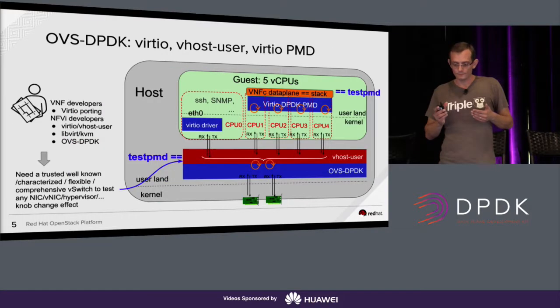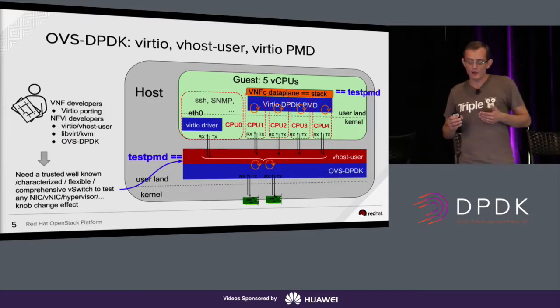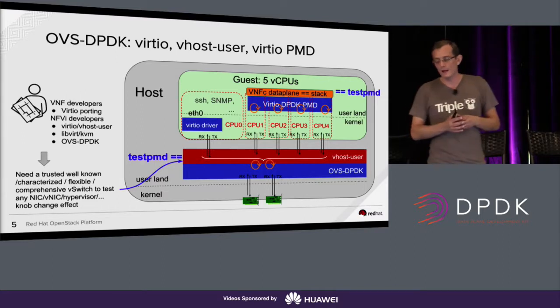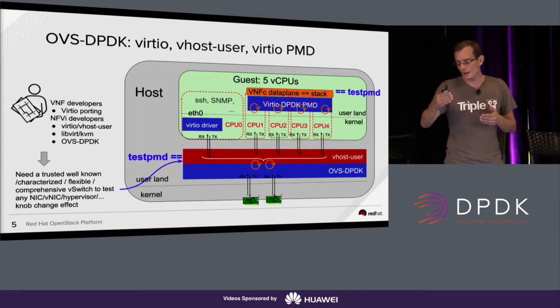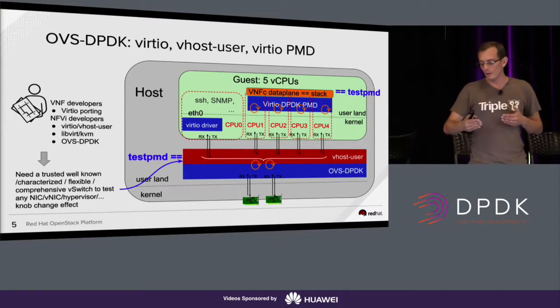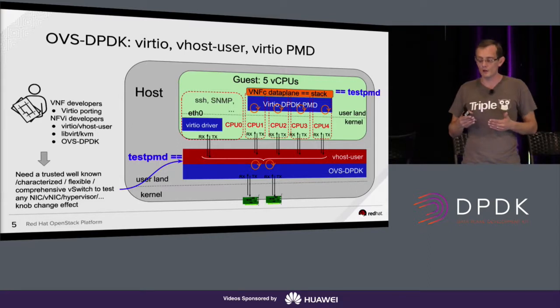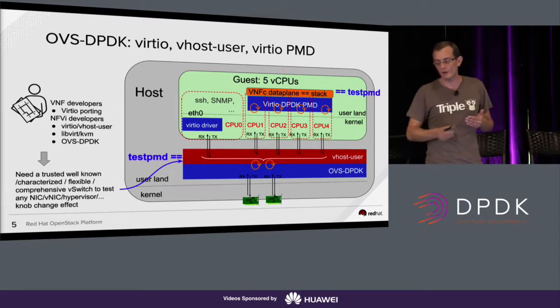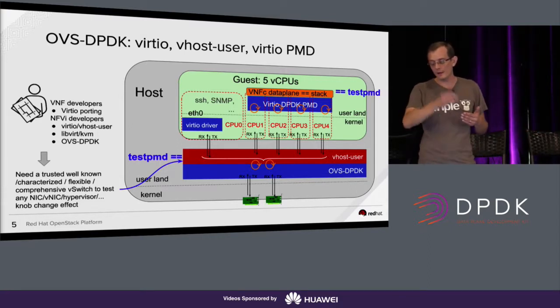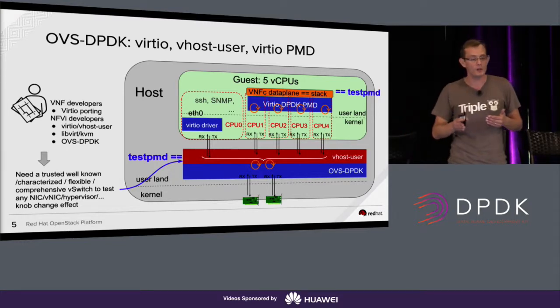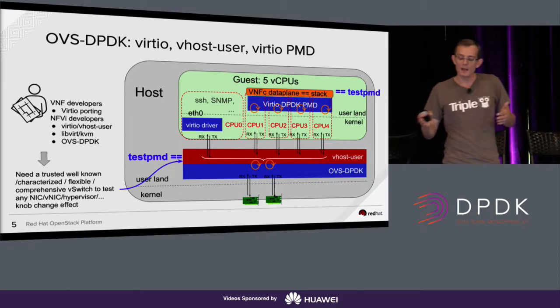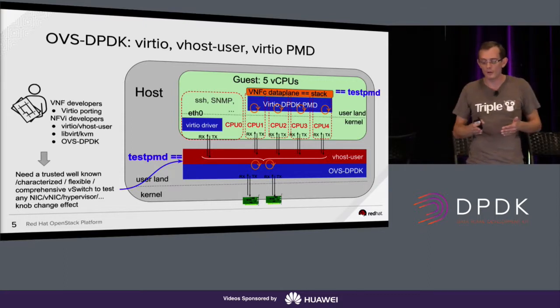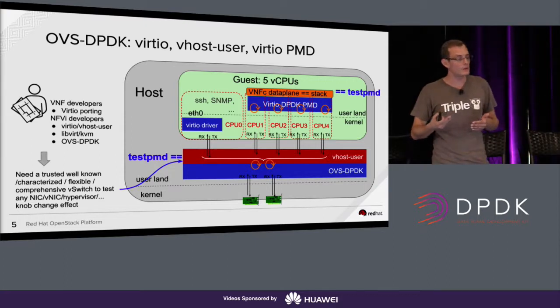Now, with the vSwitch, you can still use TestPMD to test the bandwidth of your VM, plus now you have a vSwitch under. The vSwitch can be misconfigured, and what you want to do is to remove the complex vSwitch from the equation. So you can replace the vSwitch with TestPMD, and with that you have the fastest vSwitch that can exist, and you can make sure that your whole platform is well configured, and if you are a vHost user